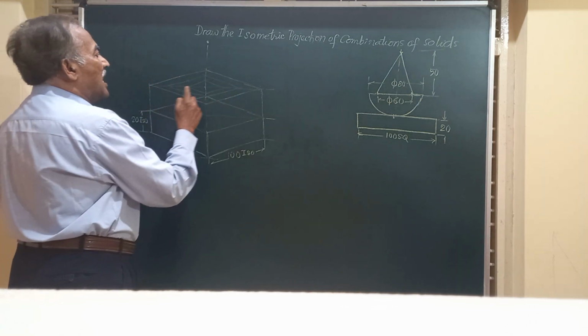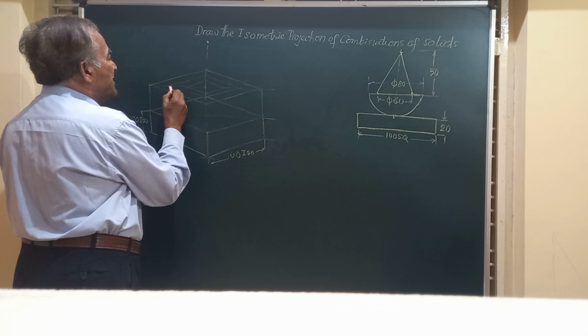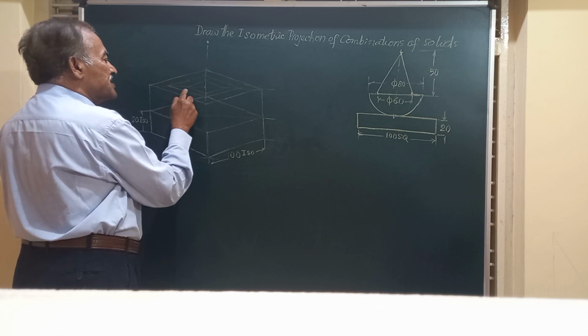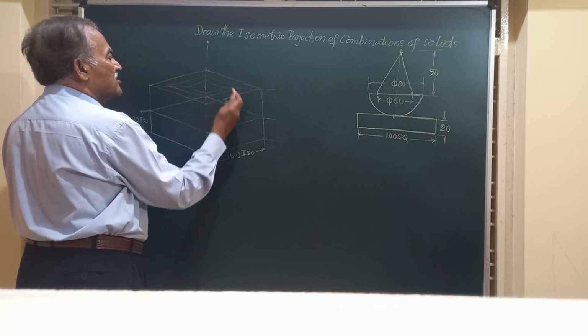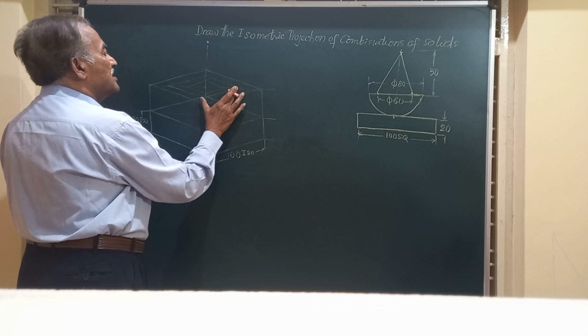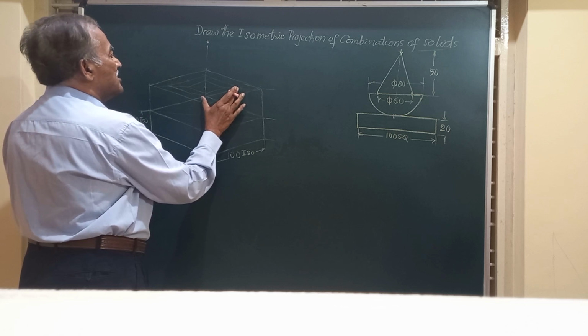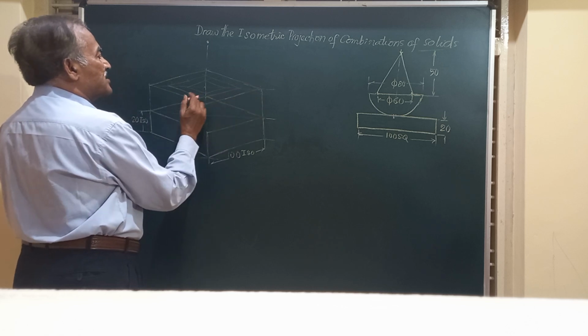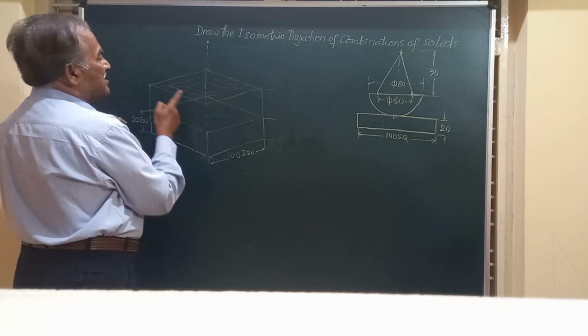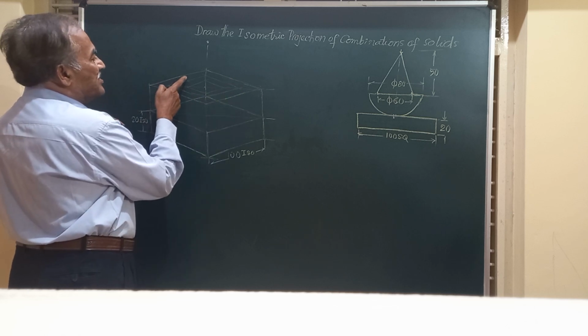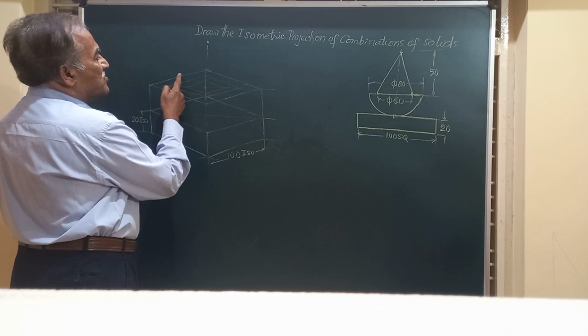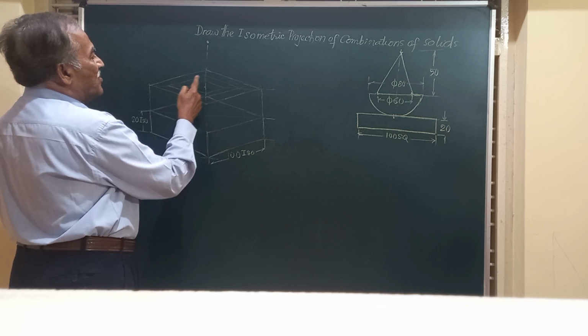Now friends, I have to leave a gap of 10 millimeter from all the edges. This is 10, this is 10. So this will be 80 plus 10 plus 10. This becomes 100. Similarly, here you should leave a gap of 10. So you are going to get 80 for this